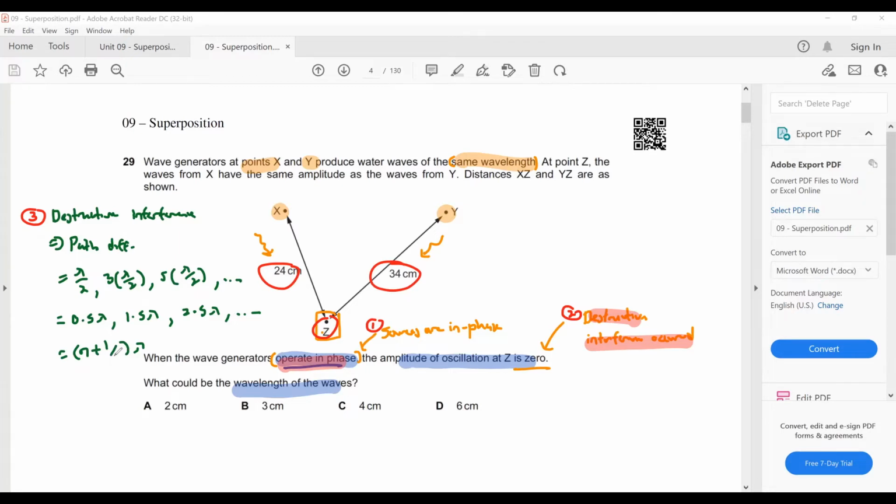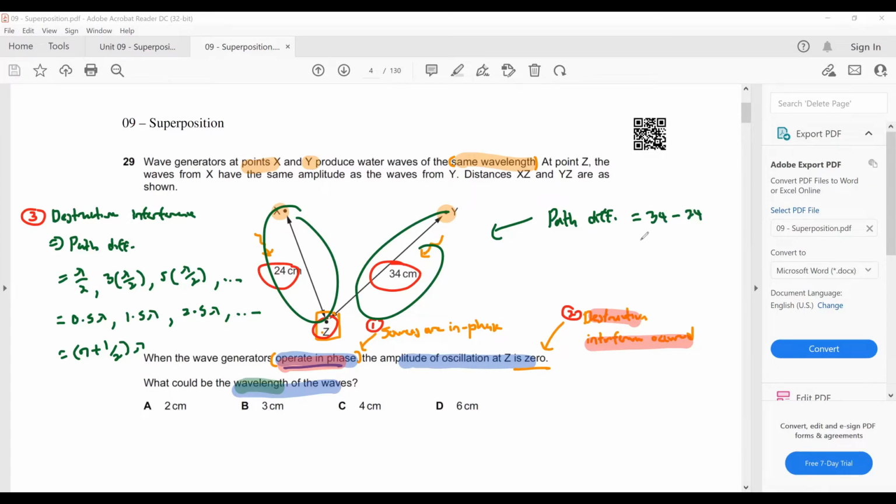Okay, this is all the important information here. Now the question is asking you what could be the wavelength of the waves, all right? So over here, you see your path difference. Your path difference is, what's the difference in the length traveled between wave X and wave Y? It is 34 minus 24, giving you 10 centimeter. Right? So your path difference is 10 centimeter, but you want to express it in terms of